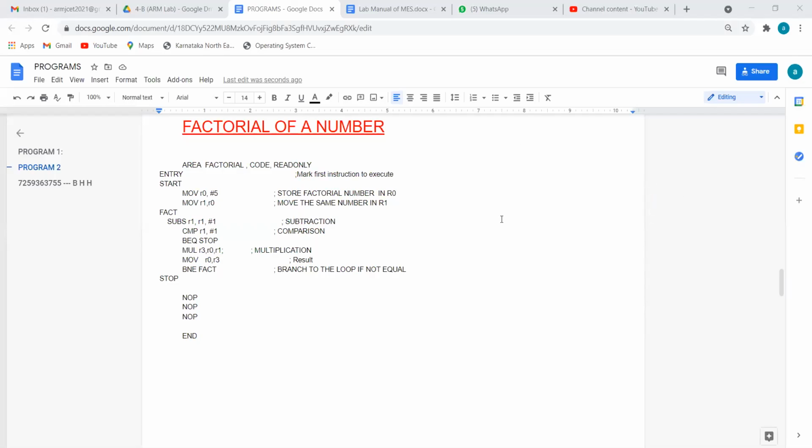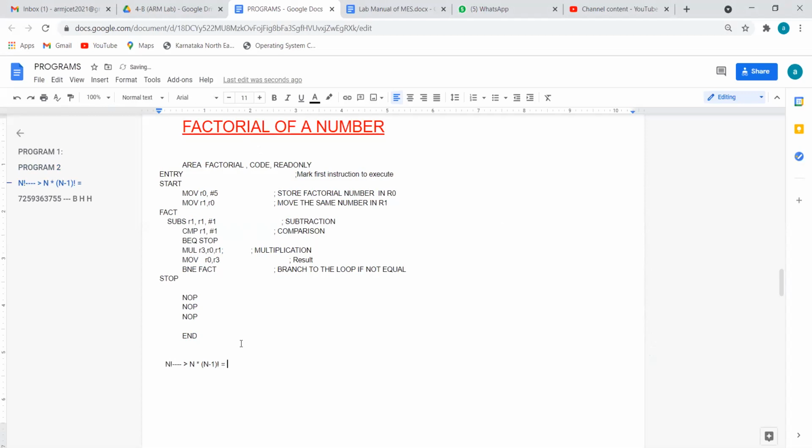Right. The question is to find the factorial of a number. So if the question is to find the factorial of a number, here is the symbol and the procedure is like this. If you are asked to calculate the factorial of n, what we do is n into (n minus 1) and its factorial. We'll keep it like that.